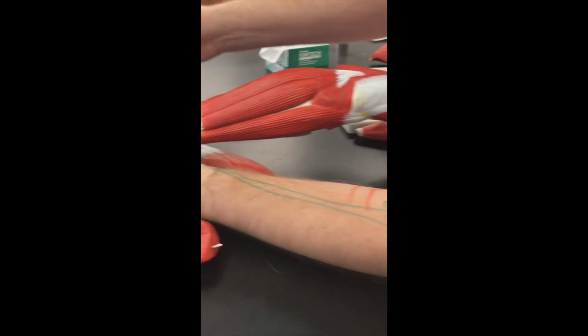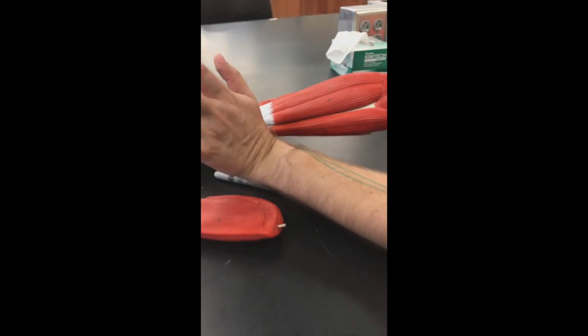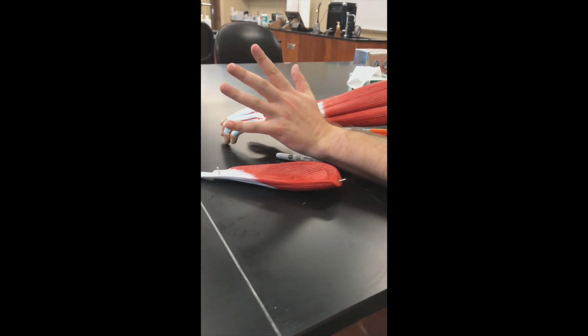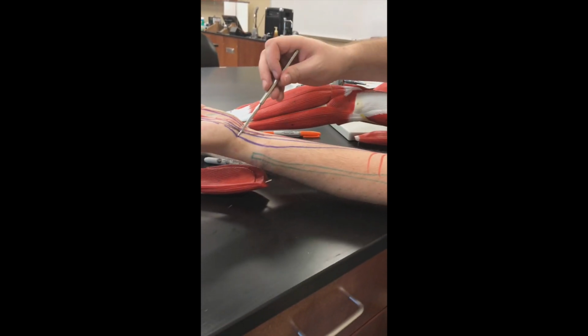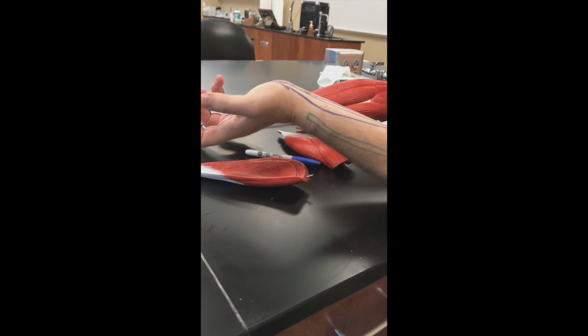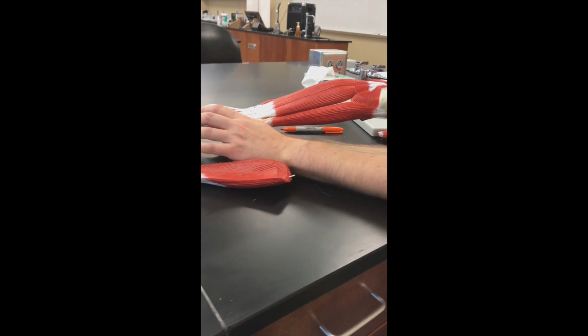What I want to talk about now is going to be on the back of the hand. The muscles in the back of the hand are going to be responsible for extension of the wrist and extension of the fingers. As your flexor carpi radialis and flexor carpi ulnaris flexed your wrist, there are going to be muscles that extend the wrist. The ones I really want you to think about are going to be the extensor carpi,